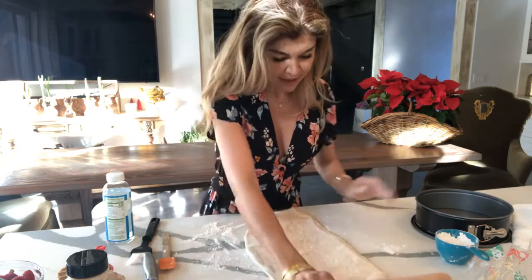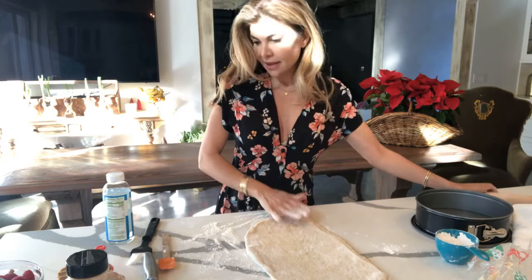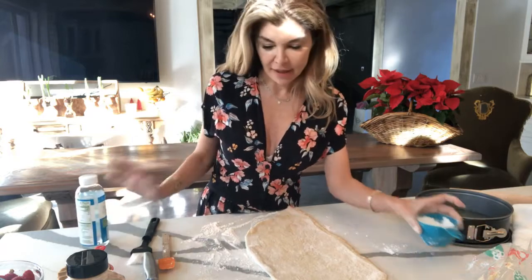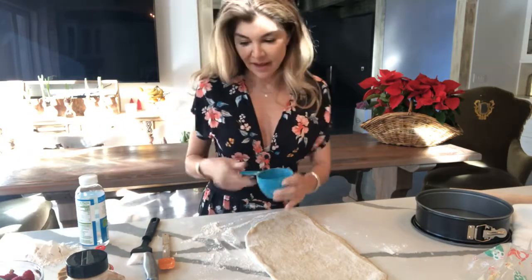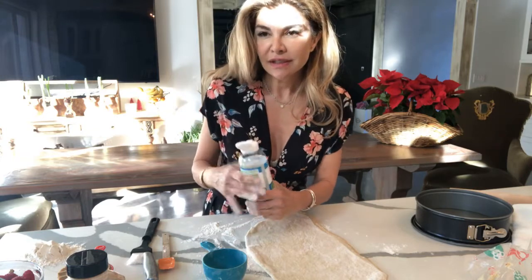Okay, here it is. I rolled it out. You don't need to go too cookie crazy with it. And then I am not gonna use butter for the filling, because remember, we're making this vegan. I'm gonna pile my flour there. We're gonna use the same